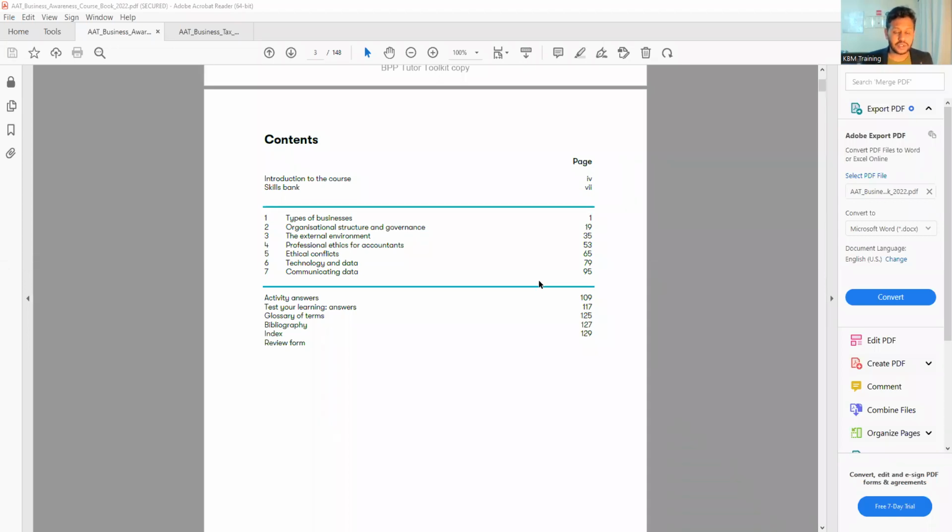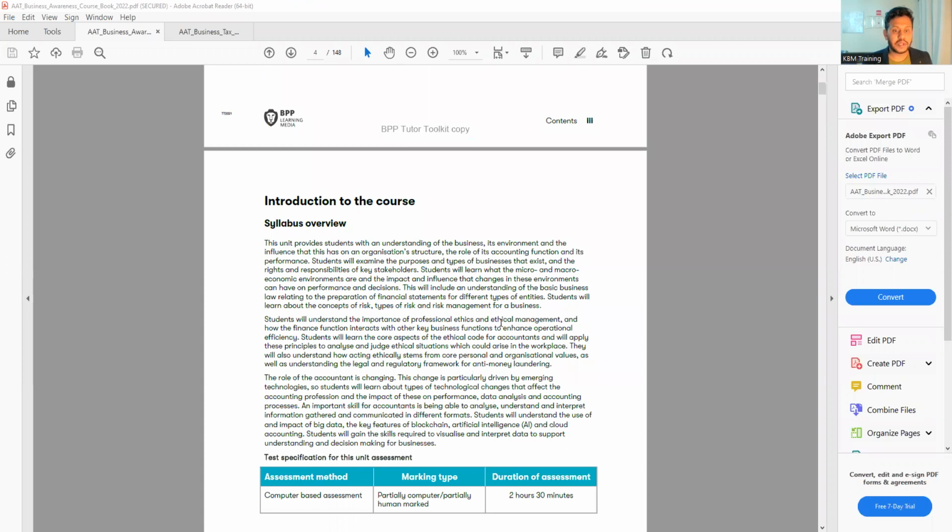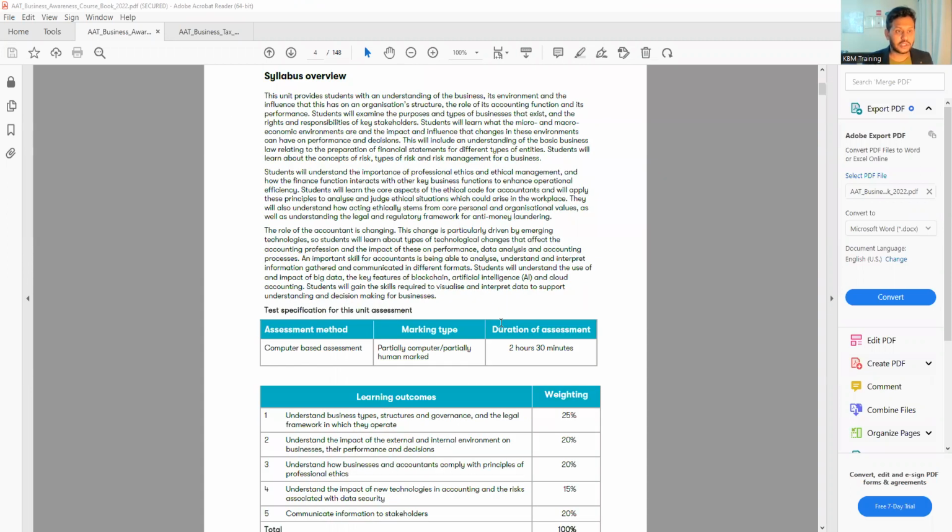Now, as I said, this will be a discussion-based paper. So there is no calculation, there are no numbers. So it might be a little bit boring sometimes, but there is no choice. We have to learn, because this is a mandatory paper for level 3, and we have to do it. All right. Now, if we look at the exam structure,